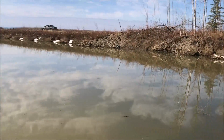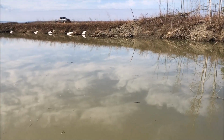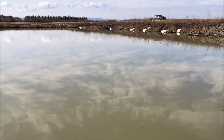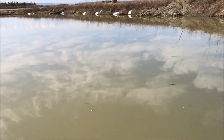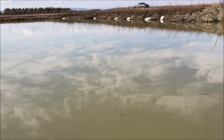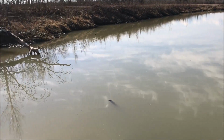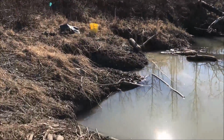So what I'm going to do the next time I come in, we'll see how many beaver I catch, but I'll bring a bunch of leg holds with drowners on them, and I'll set those up because I think my success will definitely go up with using drowning sets instead of conifers. You know, the traps all have a time and a place,